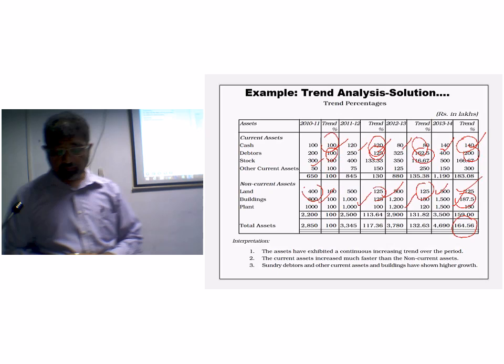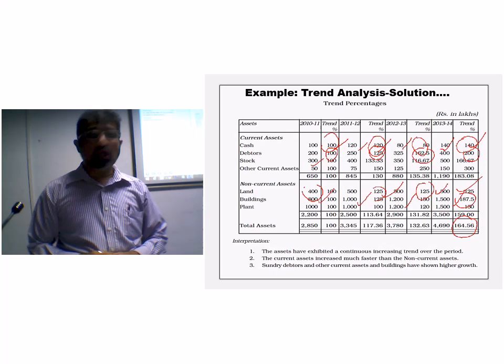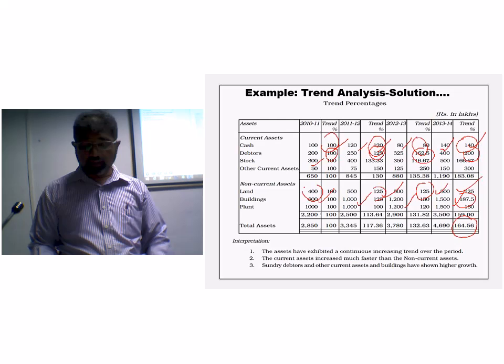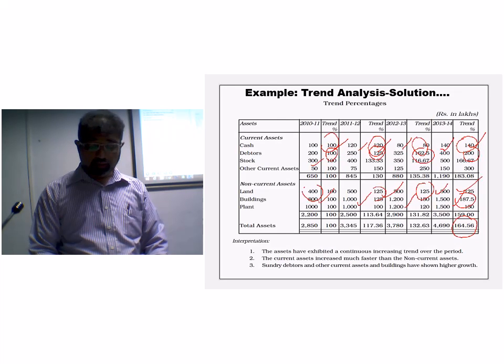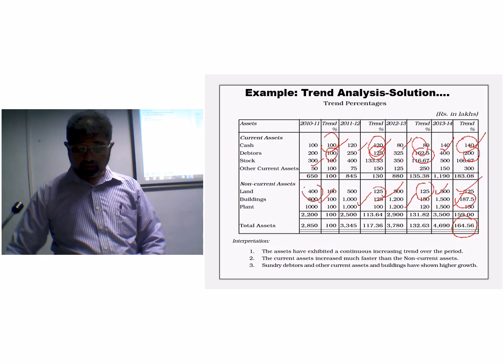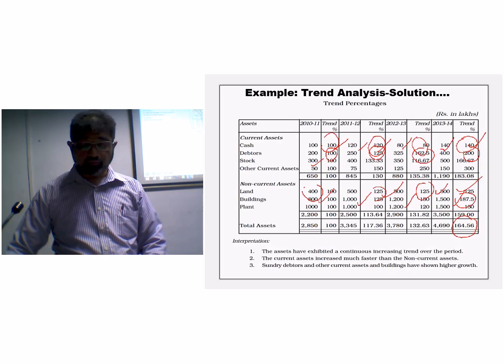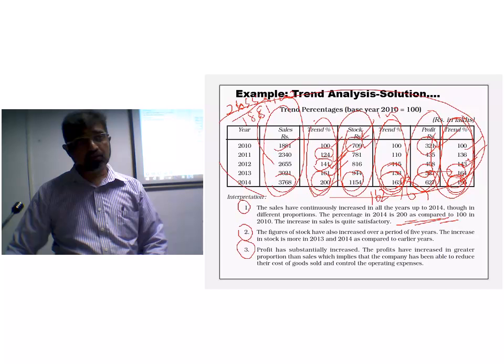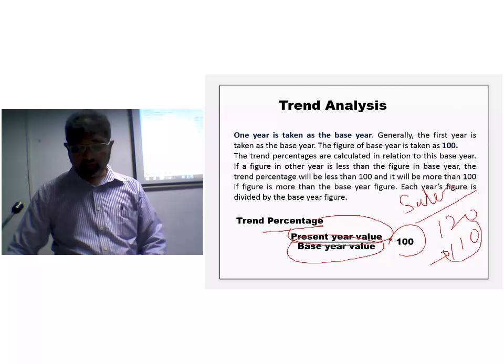Sundry debtors and other current assets and buildings have shown higher growth. Further, you can use your knowledge to interpret these results. It is important to know this formula to calculate that percentage. After calculating this,